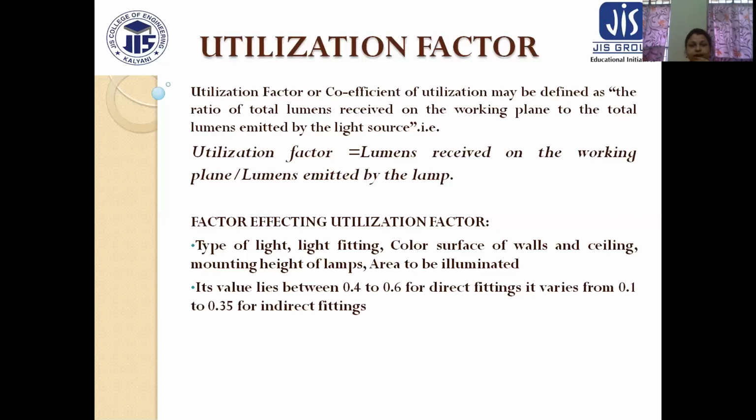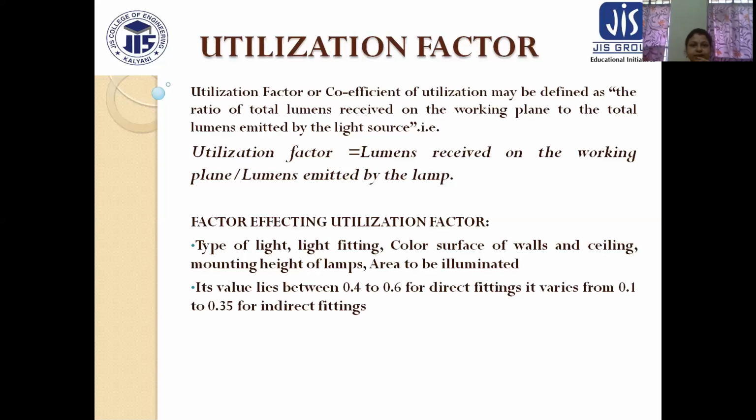So that's why some definitions which are related to photometry are very important, because if we don't know the definitions, their units and their usefulness, then we cannot complete a lighting design to perform any task without the help of the sun. That means we are dependent on artificial light sources.